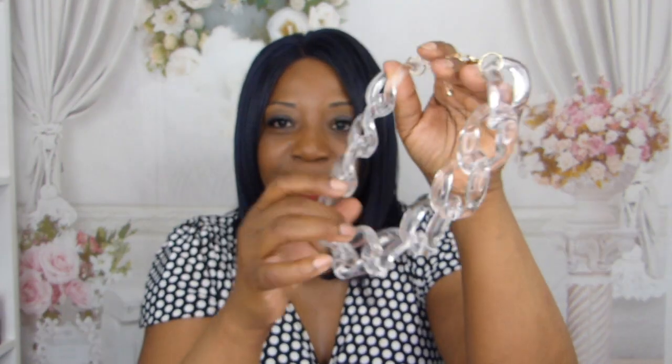And you know, with chunky jewelry, you can wear them with anything, but you have to wear them with the right outfit so they can stand out. So when people see you, they will say, oh wow, I love that piece of jewelry you're wearing. This is obviously very, very pretty, very different. And I think as I get older, if I'm going to be shopping for anything, I want my jewelry, my clothing, my makeup, everything to make sense. You know what I mean? And it has to be practical buys as well that I will wear